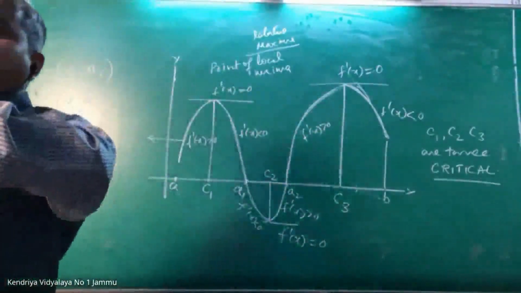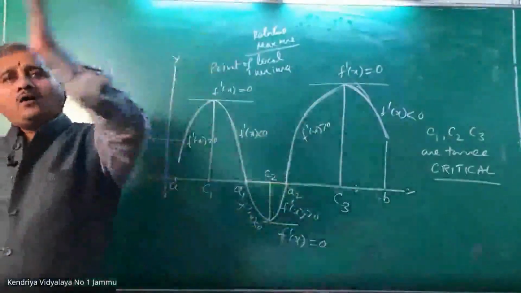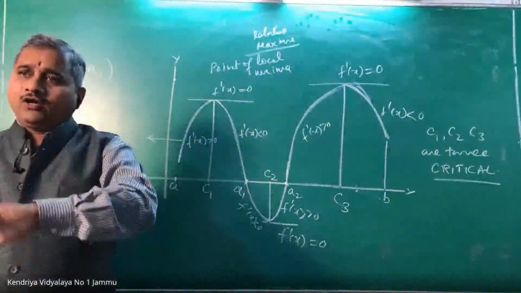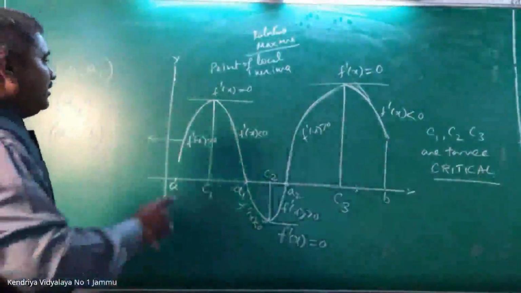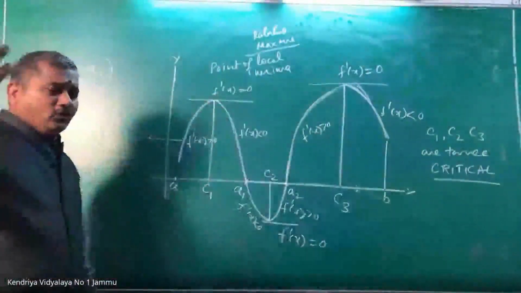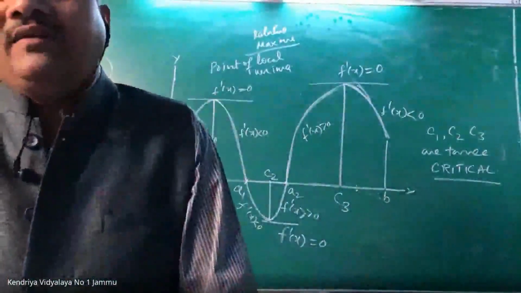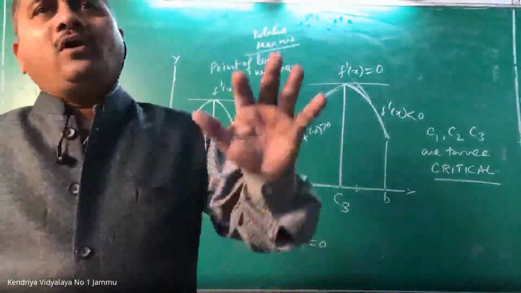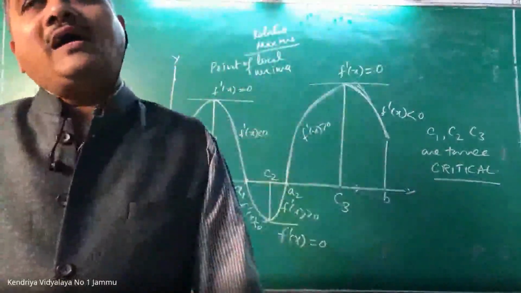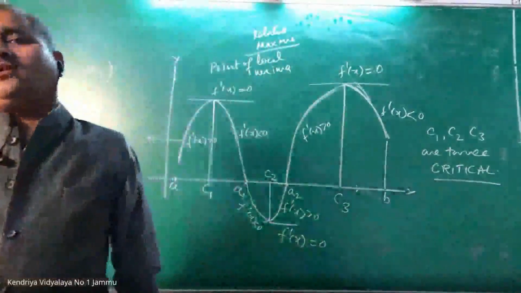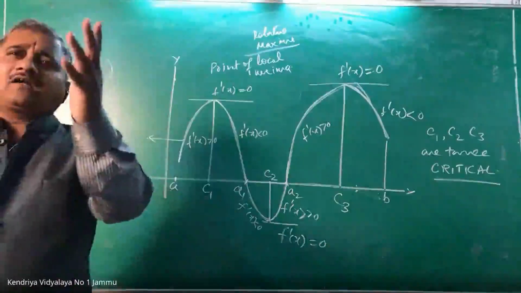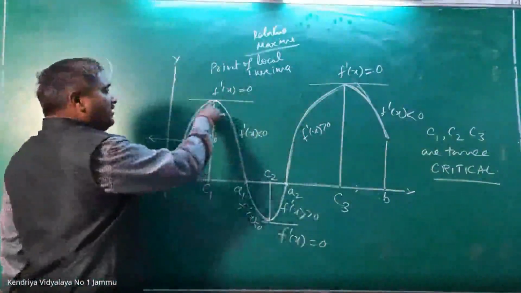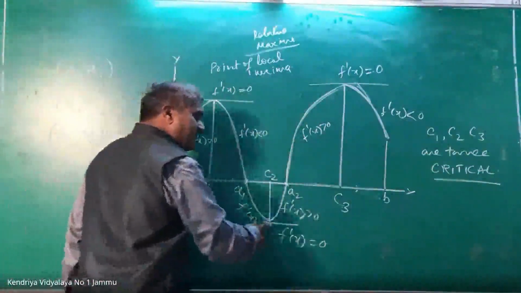In life's journey, a person's ups and downs always come alternately. Good and bad come alternately. They never come together. So, here the same. Here you ask your English teacher, they will tell you every dark cloud has a silver lining. Why is it called so? Because if you consider the dark cloud as bad, then the silver lining is the good. So every dark cloud will have a silver lining. That is exactly the meaning conveyed in mathematics. If there is an up, there is a down. If there is a down, there is an up.